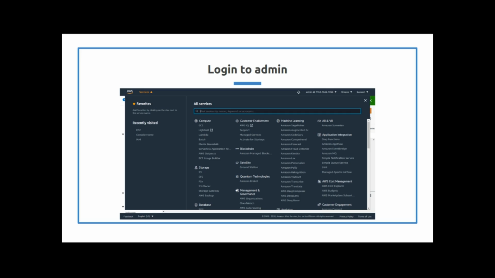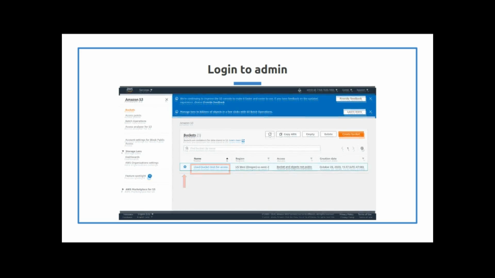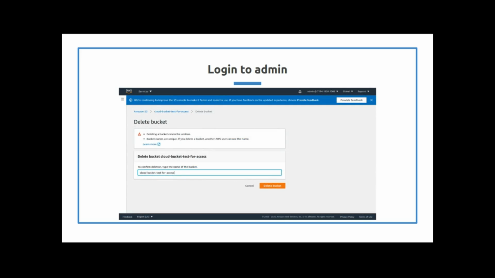Let's see, what else can you do? Let's go to services. You click on S3. There's the S3 bucket. Right, he can see it, so he's got the read. But admin, let's see what happens when we select it and try to delete it. It gives you the same confirmation. Put in the bucket name.